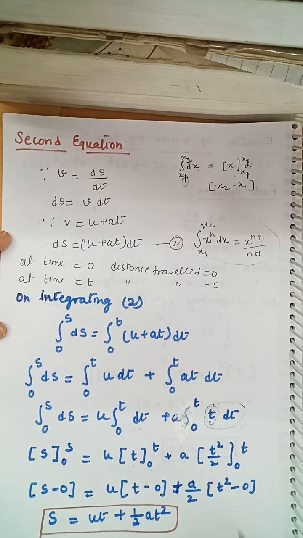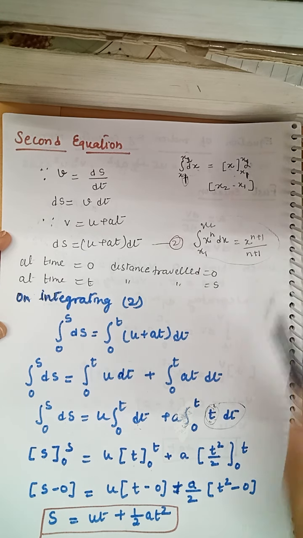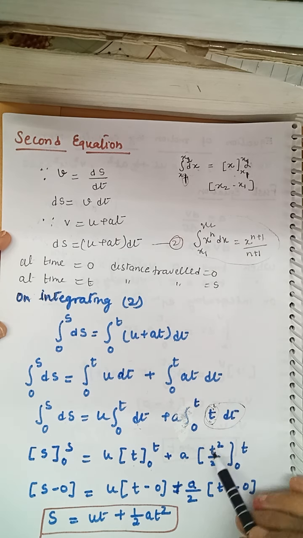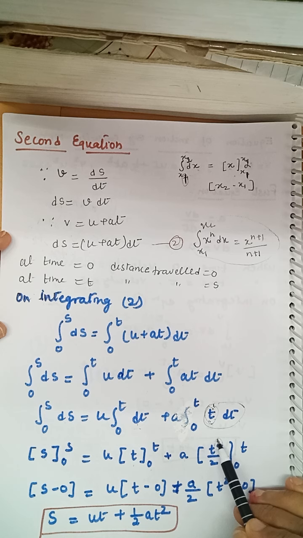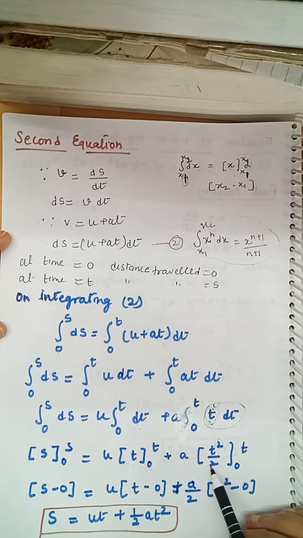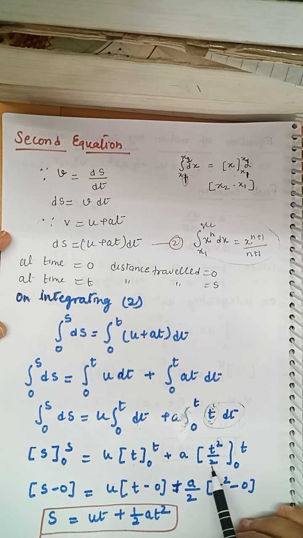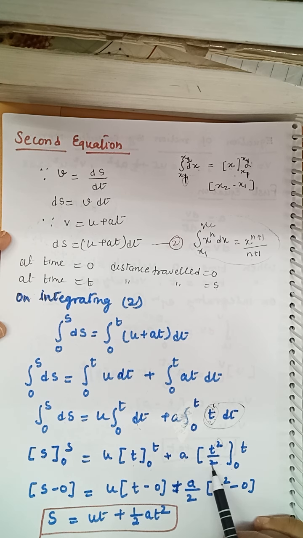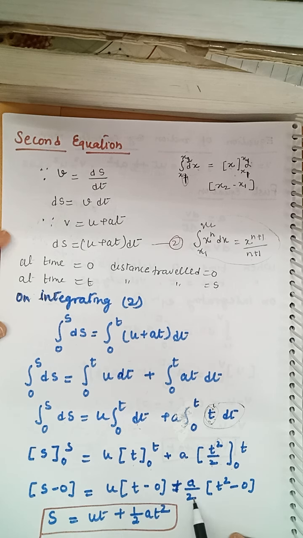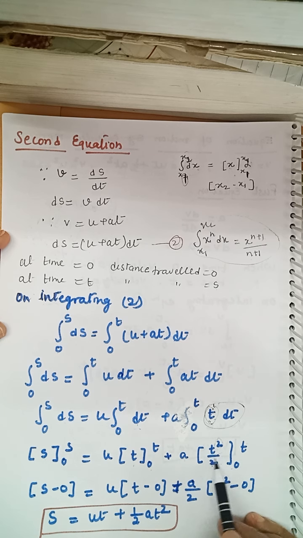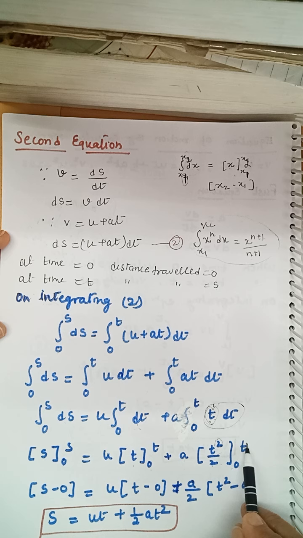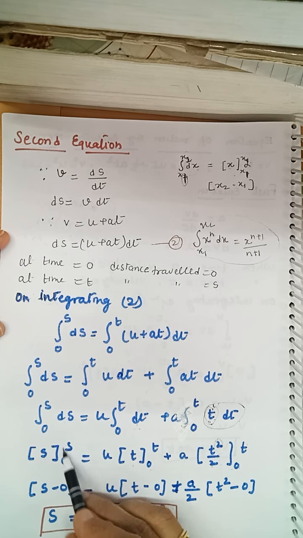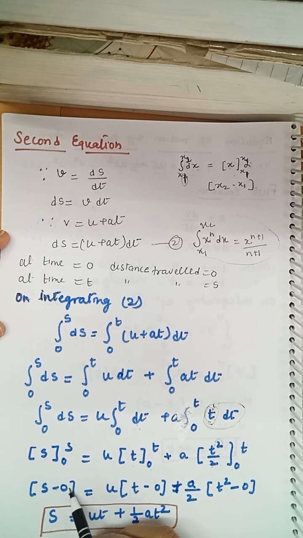Okay, so when you apply this for t dt, t to the power n plus 1 means 1 plus 1, so that is t square, divided by n plus 1, meaning 1 plus 1 is equal to 2. And this is 0 to t. Now 1 by 2 is a numerical value, it can be taken outside the bracket. You have got only t square and limit 0 to t. So applying the limit, in place of s, first you will write the upper limit s and then you will write minus the lower limit.